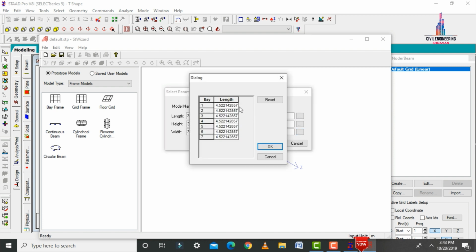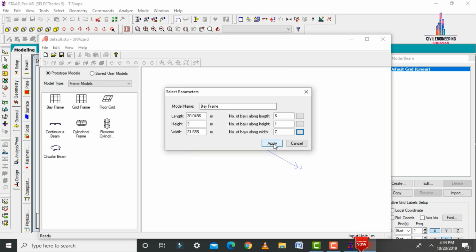Here we have to assume the lengths. The first bay length will be 4.115, the second bay length 3.54, the third bay length 4.115, the next bay length 5.23, the next 5, the next 4.27, and the last bay length 5.385. After that click on OK, click on apply.